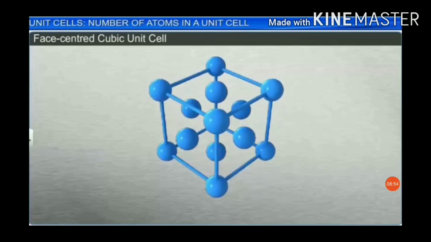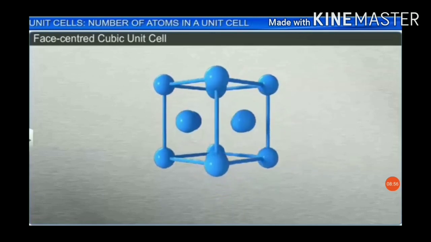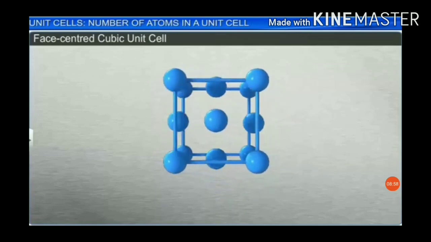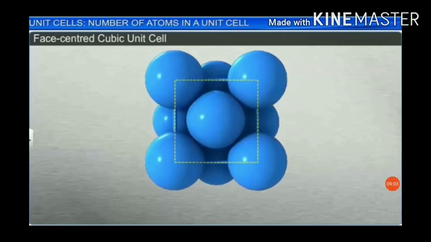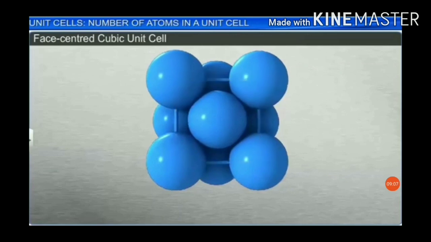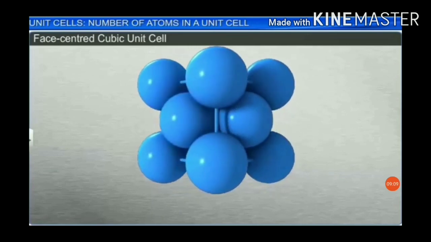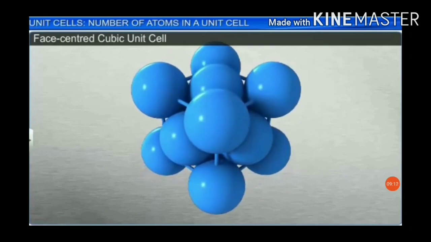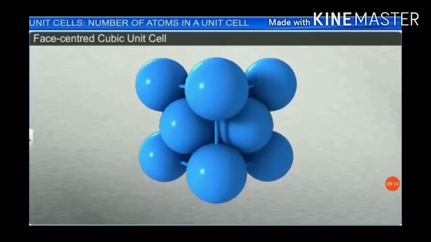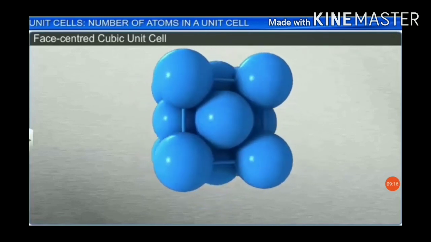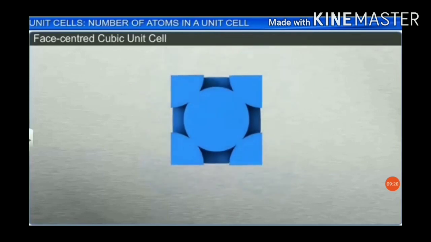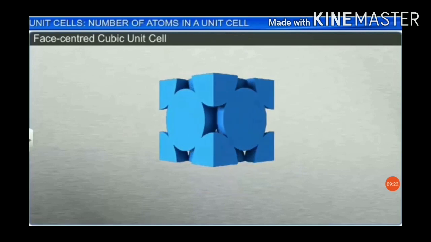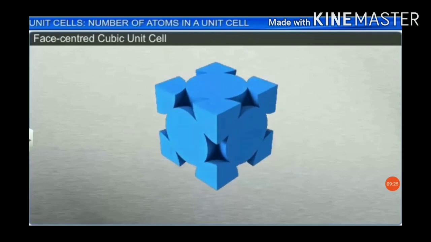This is the open structure of face-centered cubic unit cell, but in reality, the particles are very close to each other, which is shown in the space-filling model of the unit cell. For FCC lattice, center of 6 faces contains 1 constituent particle each. But actually, half of its original volume is present inside the unit cell. Therefore,